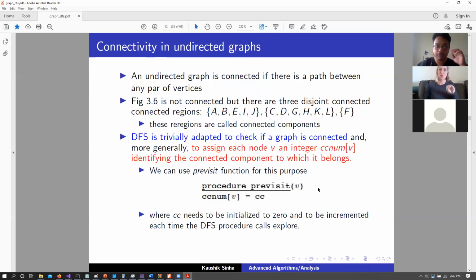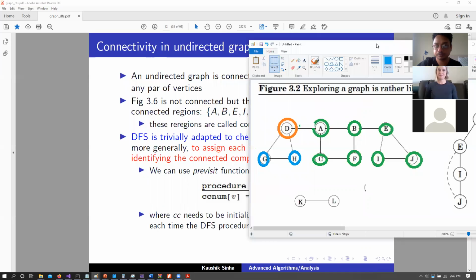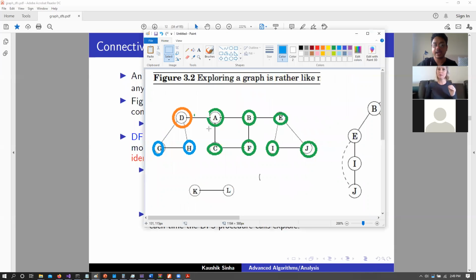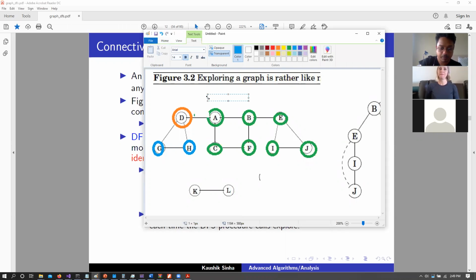So remember that a node is being visited twice. Let me bring that. So here we had this particular example. Let's come back to this example again. Here A was being visited the second time, right? After D, we visited A, right? So the pre-visit time for A in this example, so the pre-visit time for A was